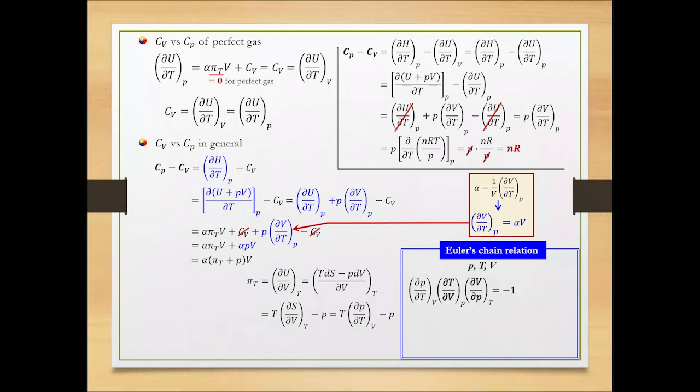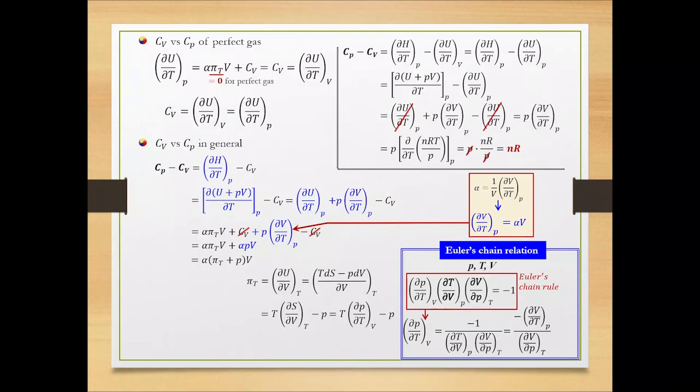Replay this portion of video and learn how to write the Euler's chain relation once three independent variables are given. It is like a snake is biting its own tail. It seems complicated at first, but once you practice enough, you can write the relation easily when you are given any three variables. This is called Euler's chain relation. The Euler's chain relation can be modified with respect to dP over dT. The dT over dV can be brought to the numerator by taking the reciprocal of it.